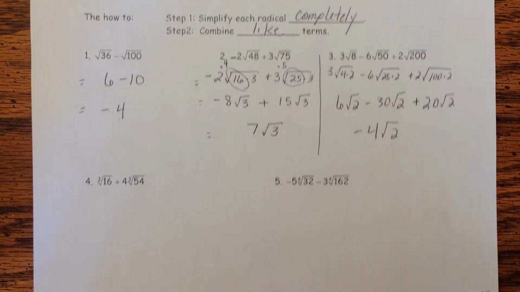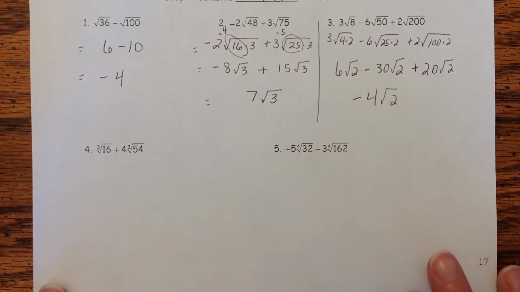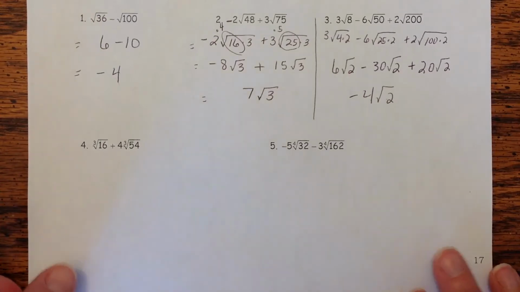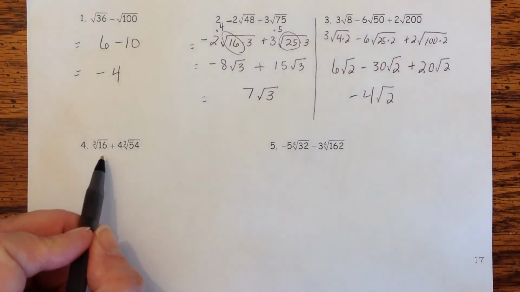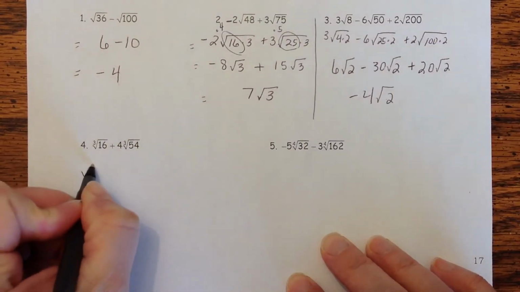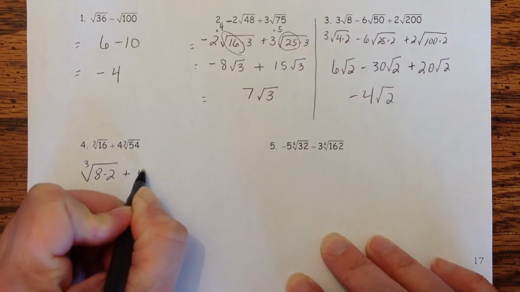Now when we look at problem 4, we need to simplify a cube root. So I don't want to think about perfect squares. I want to think about cubes. A cube number, remember, is a number you can achieve from multiplying the same expression 3 times. So here I want to think 8. So I'm going to get the cube root of 8 times 2 plus 4